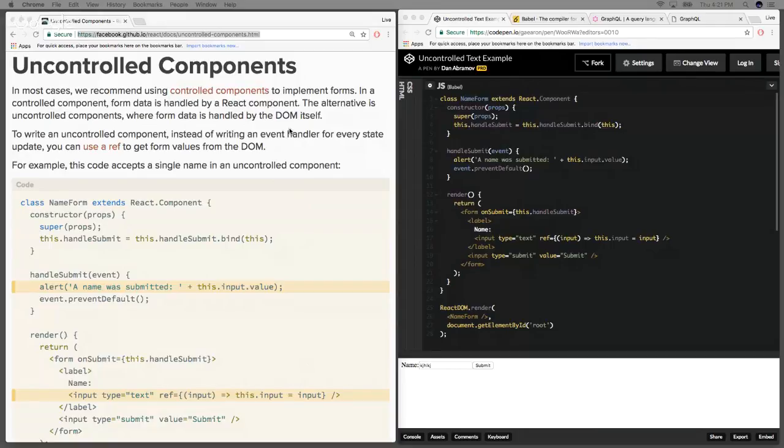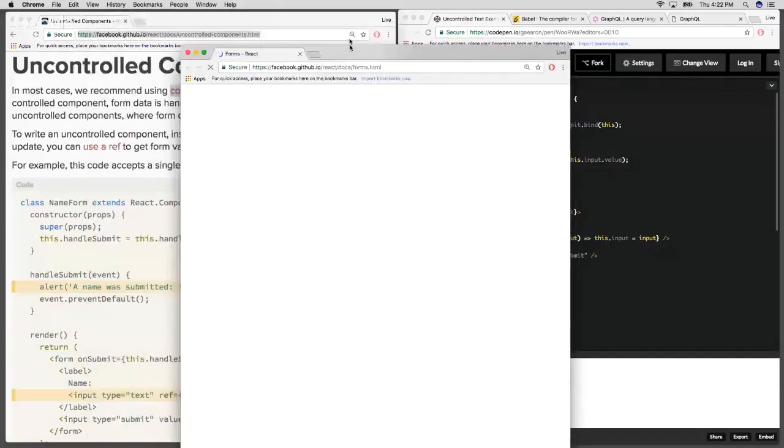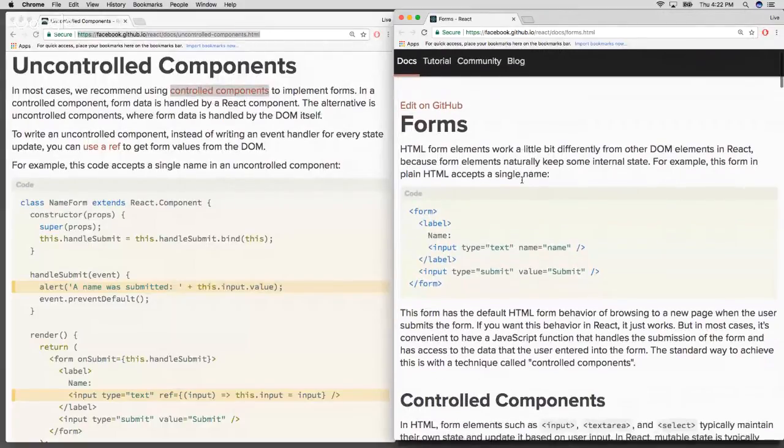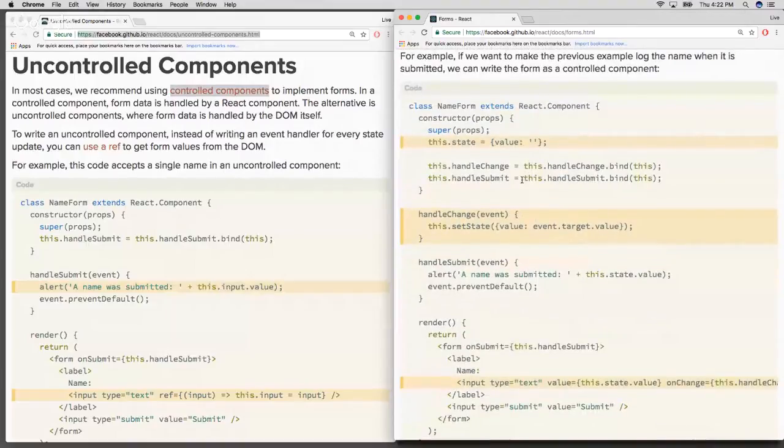So to write an uncontrolled component, instead of writing an event handler for every state update, you can use a ref to get form values from the DOM. In controlled components, we use the value. Here it is saying if you want to use uncontrolled components, so they're saying,